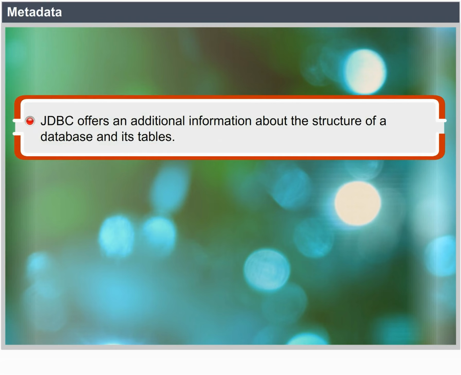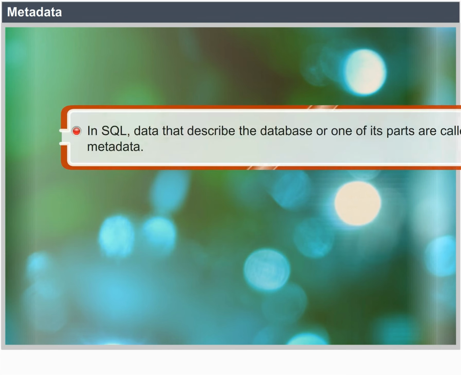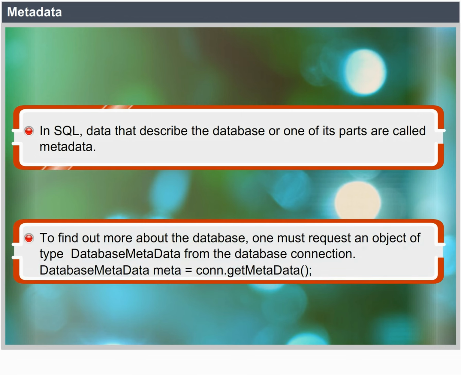Metadata. JDBC offers additional information about the structure of a database and its tables. Structural information is highly useful for programmers who write tools which work with any database. In SQL, data that describe the database or one of its parts are called metadata. To find out more about the database, one must request an object of type DatabaseMetaData from the database connection. DatabaseMetaData meta = con.getMetaData();